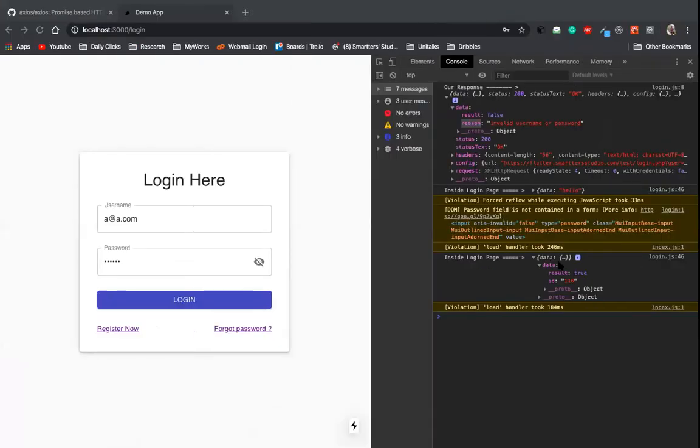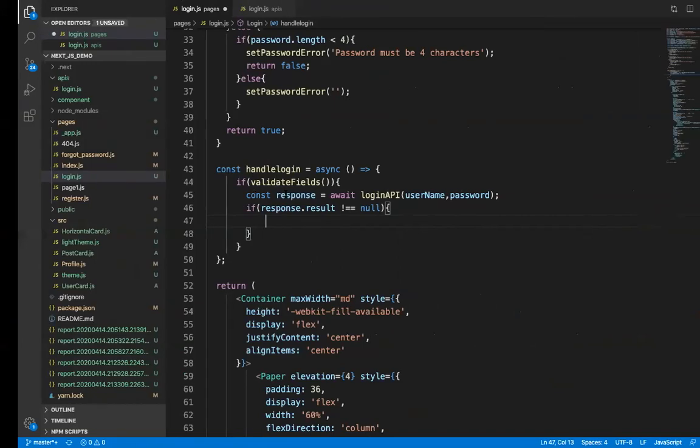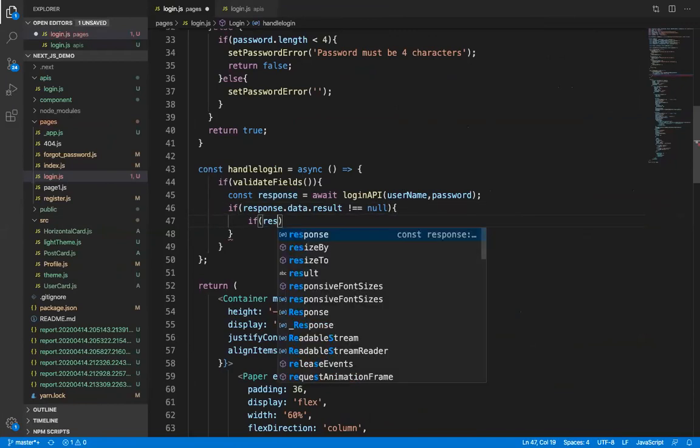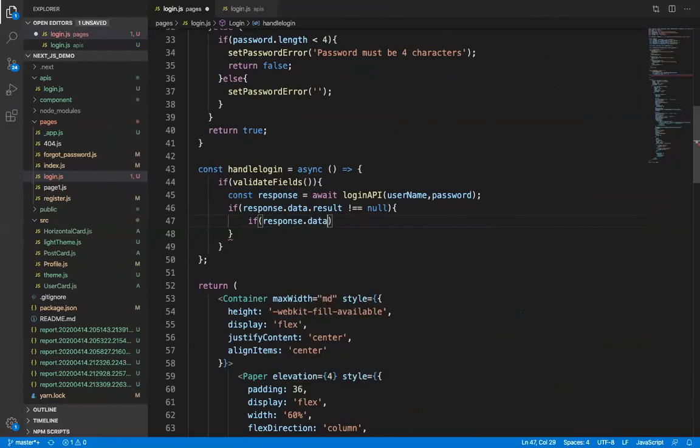Okay, wait a second. Response dot data. So now if response dot data dot result equals to false,